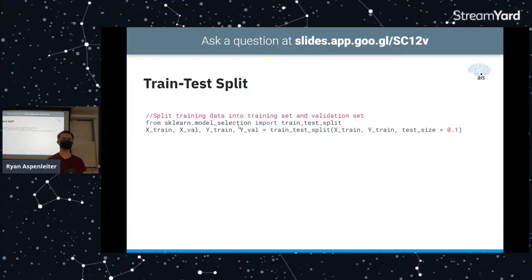What we actually want to do is split that up into two sections. This is because we don't want it to overtrain, or learn this data set so well that it can't really apply it anywhere else.